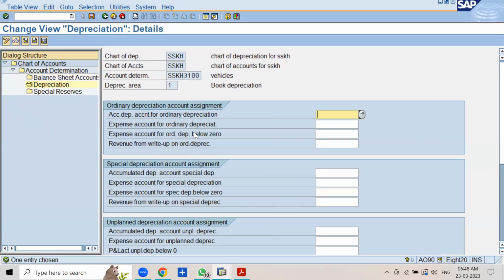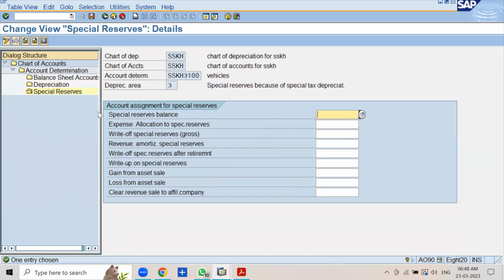Double click on depreciation. Accumulated depreciation account for ordinary depreciation. That is accumulated depreciation on vehicles, 1,215,000. Expense account for ordinary depreciation, 4,500,000. Double click on special reserves. Expense account, 4,315,000. Revenue, 3,115,000. Now you have to assign the GL accounts for,